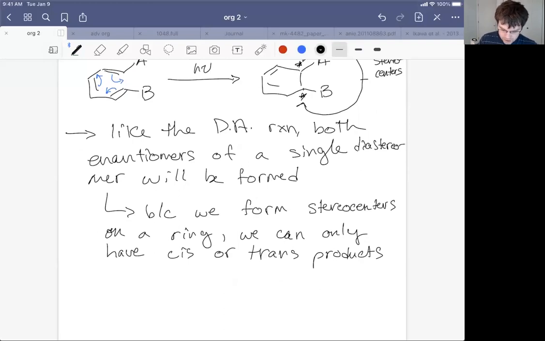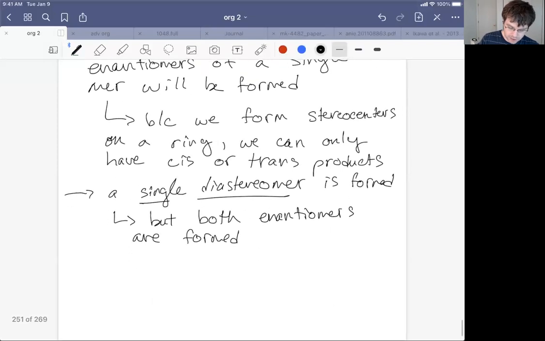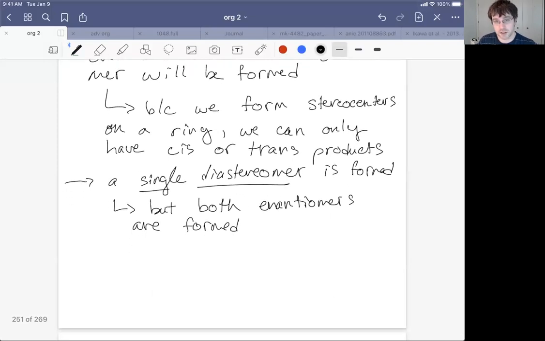Now, it turns out, and I mentioned this before, that a single diastereomer is formed, but both of its enantiomers are formed. This is similar to what we saw with the Diels-Alder reaction. Okay, so there's a lot of things that are cool. It's cool, in fact, that we can just get a single diastereomer, but another interesting facet about all of this is that